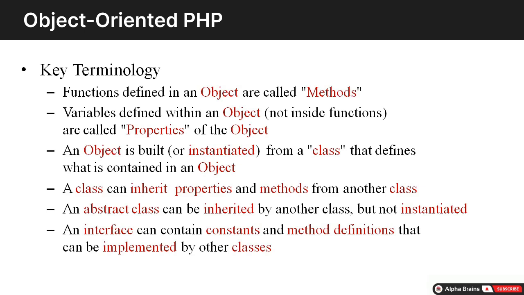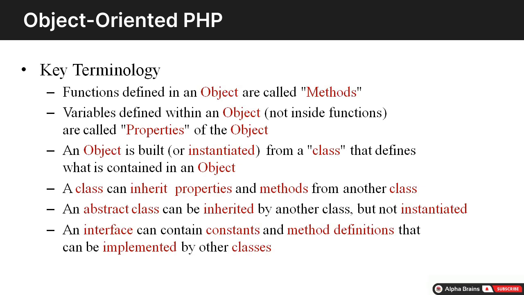Variables can be defined within an object and not inside a function. Those variables are called properties of an object. Sometimes they're called attributes, and there are a few other synonyms, but conceptually they're properties of the object. An object is built based on something. It's built, or the key word here is instantiated,